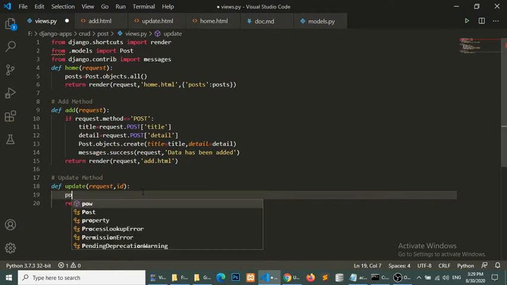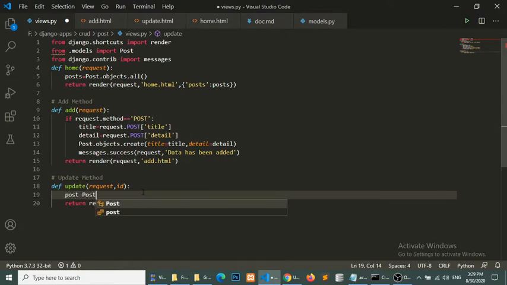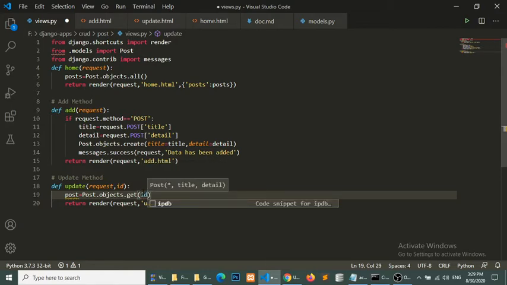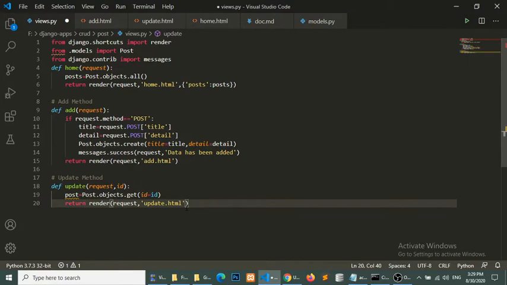So post equal to post.objects.get, you can say pk or you can say id. Pk is a primary key and id is also our primary key. So pk is a shortcut, so I will use id, and I will pass here data post.